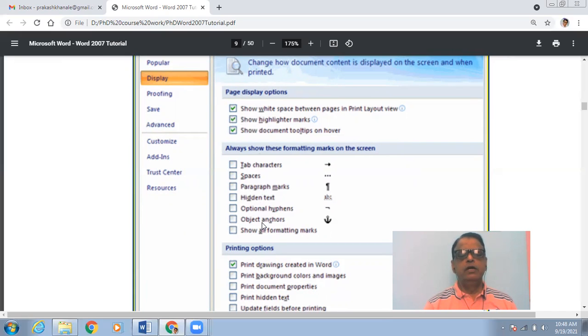Many times we do not want to show all these in our Word document, and therefore normally these are kept off by default.